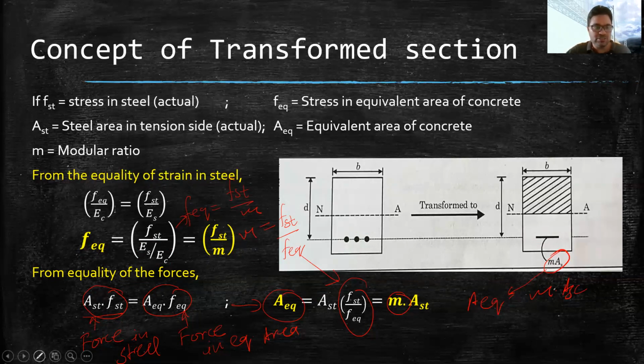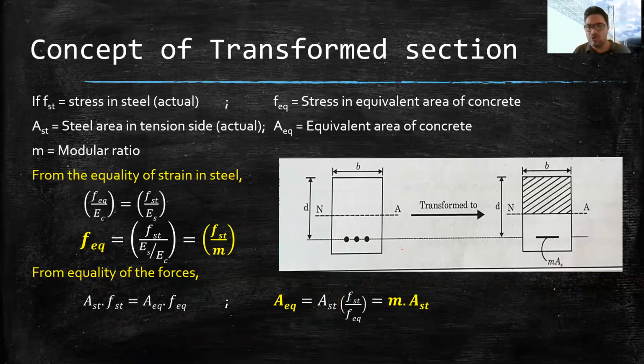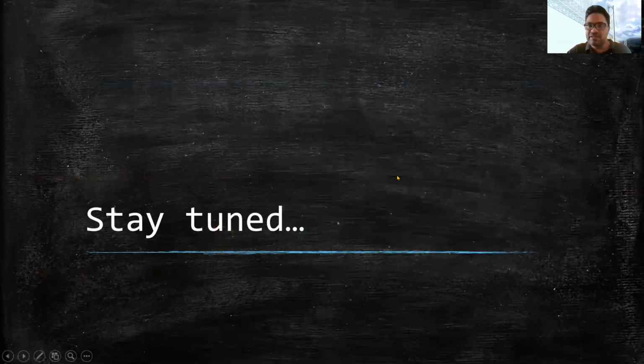I hope you understand the concept of transformed section. In the transformed section, from now onwards in the design, we will be using this transformed section, in which the upper part, this hatched part, will be the concrete, which will be taking compression, and this transformed part is taking the tension, but it is again in terms of the concrete, because what we have done is we have replaced this area of tension and area of steel by an equivalent area of concrete. We will continue our discussion in the next part. Thank you.